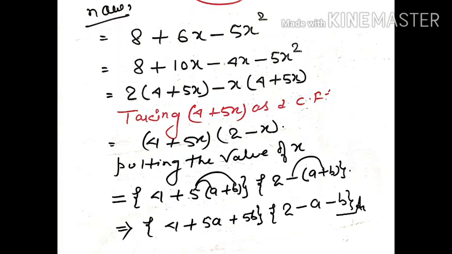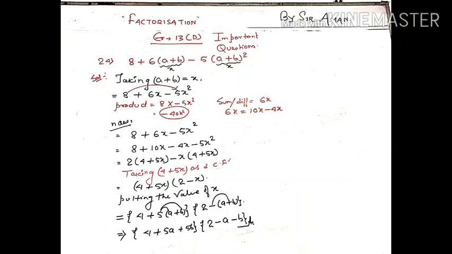For that, what do we have to do? Now what is the value of x? That value of x we will put back. How will we put it? Remember, whenever you put the value, always try to keep it in brackets, because the sign will change. You can see here 4 plus 5x. What is the value of x? a plus b. So a plus b I have written in small brackets. Same in 2 minus x, a minus bracket, a plus b I have written in brackets. Why? Because you see the sign will change in the second term, minus plus minus. So it is our required answer.